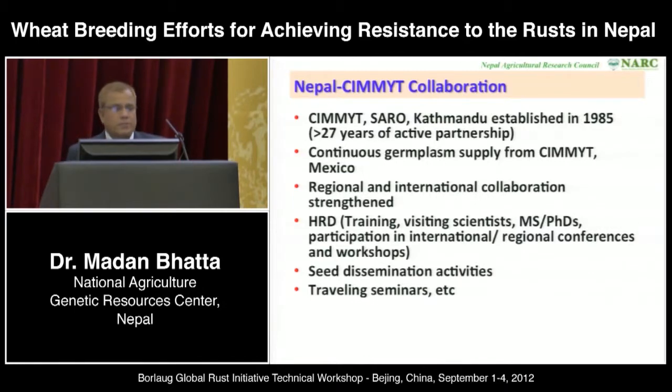Our wheat researchers received several trainings, several people visited as visiting scientists, did higher studies, and participated in international and regional conferences and workshops. We have seed production and seed dissemination activities with the support from BGRI and USAID Famine